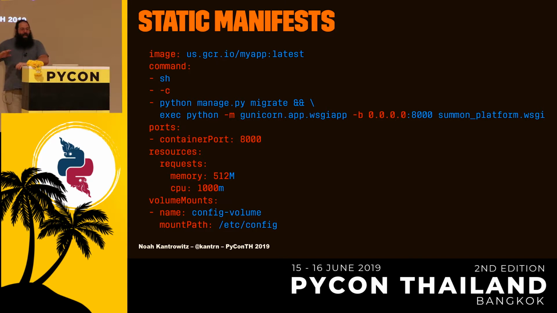How many people here have used Kubernetes before? Show of hands. Not a ton. OK, so I don't have slides for this, but I'm going to try to ad-lib a quick